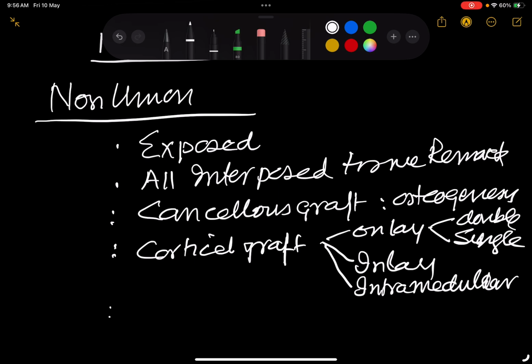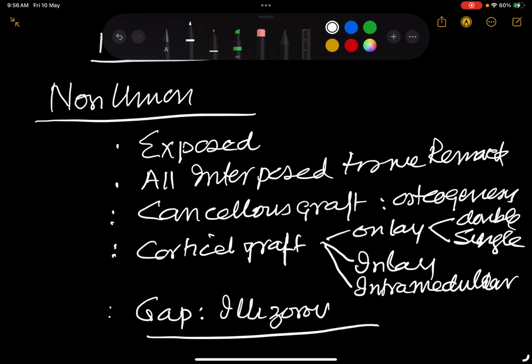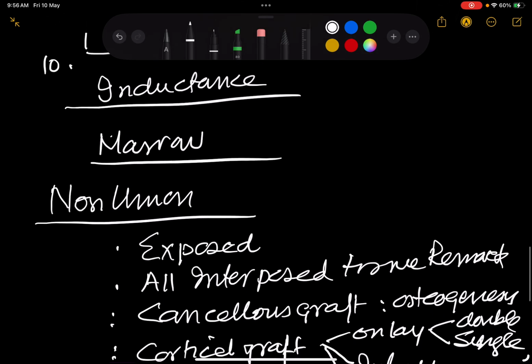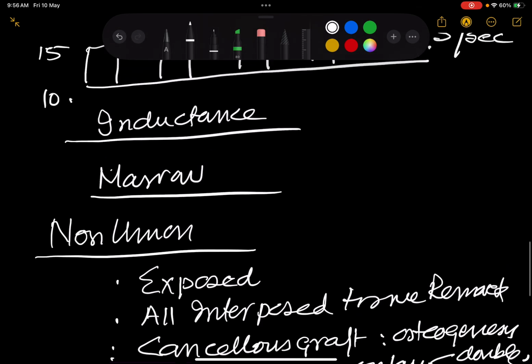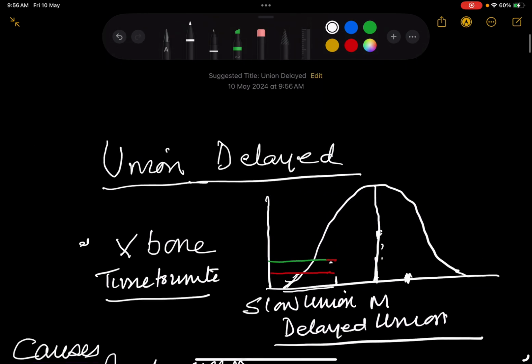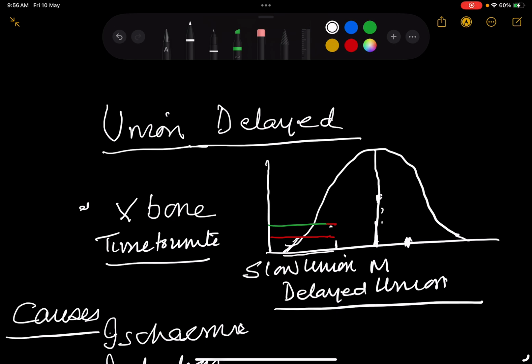Then you have to treat the gap, and a good technique of treating the gap is Ilizarov, in which you do a distraction osteogenesis, you dock the, so gap management. So these are the techniques that you use to treat non-union. So I think we have covered delayed union and